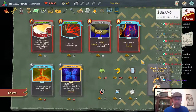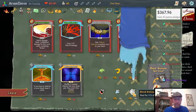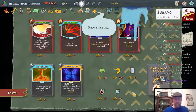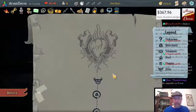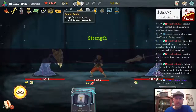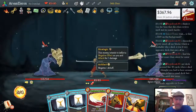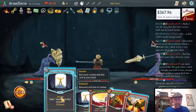Let's see. Alright. Yeah, I thought about that, but... Okay, the elite. Now, these elites are really difficult, too. However, I have an ace in the hole, and that is that I have the smoke bomb. I need to kill this guy and then get the hell out is what I need to do. So...